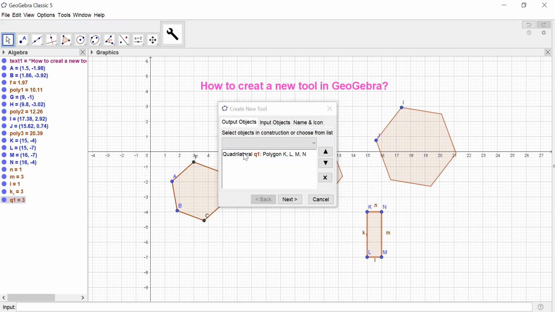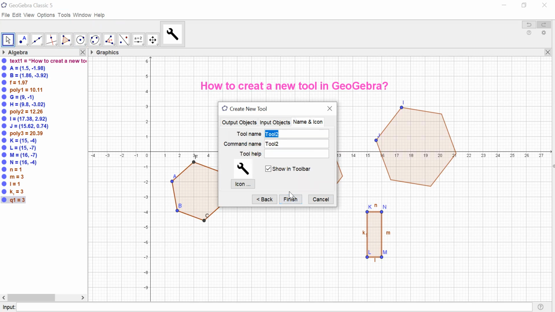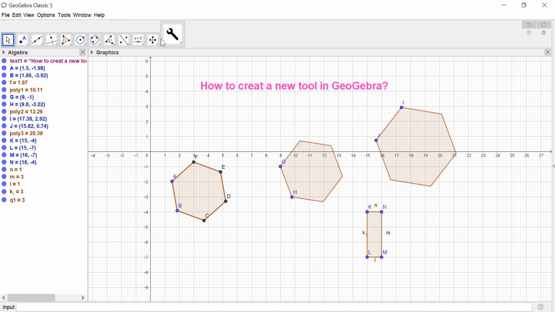So click here. So it came here. Then click on Next. Now Input Objects. We need 4 inputs, 4 points. Click on Next. The tool is Rectangle. Then click Finish. Okay. So when you click here, you can see our 2 tools because we already created the hexagon